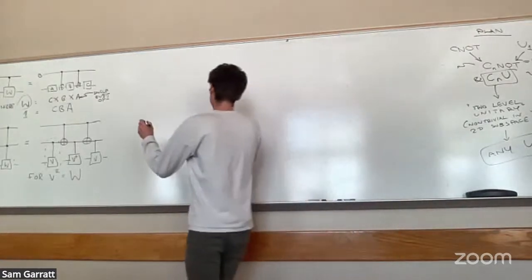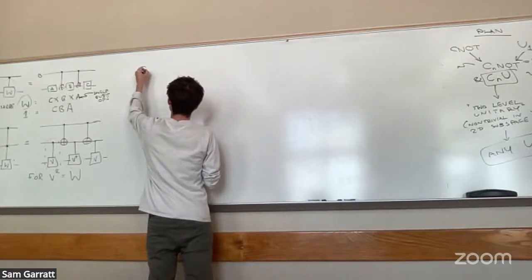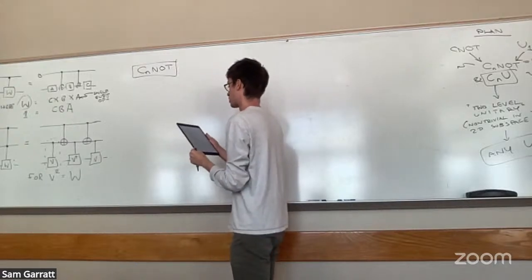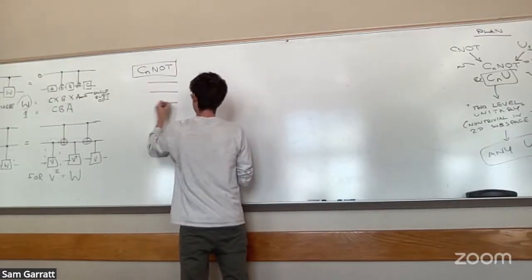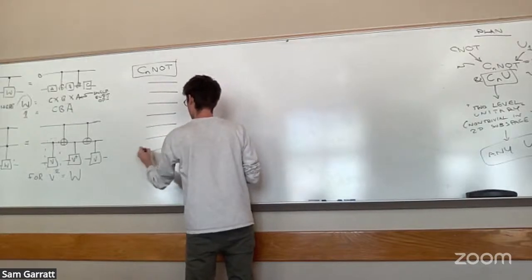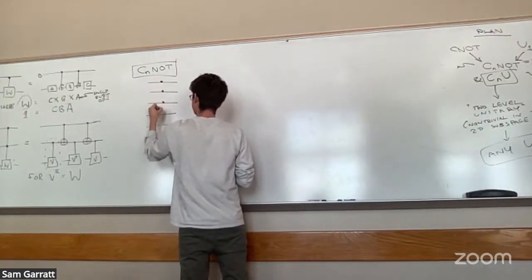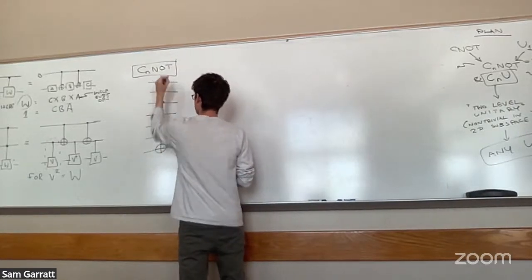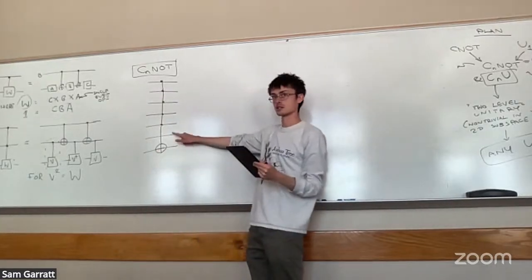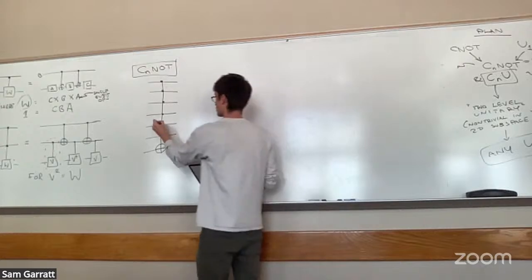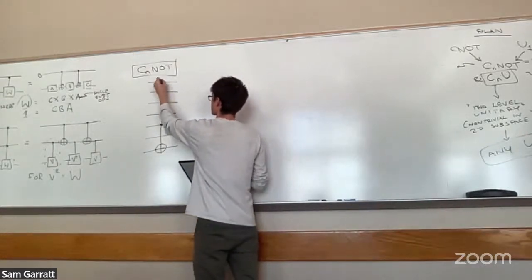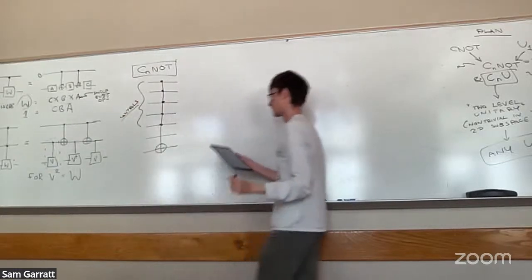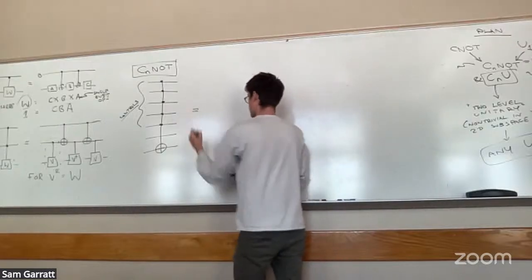Okay, so now let's do the iterative construction. Let's go for C^N naught. I'm going to need one extra qubit for this, as you'll see in a moment. To clarify, this qubit's not doing anything. It's just hanging around. These things with the circles are all the controls. Okay, so the idea is that you can write this thing